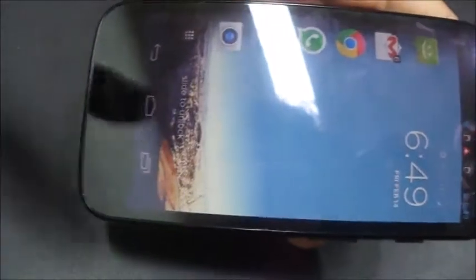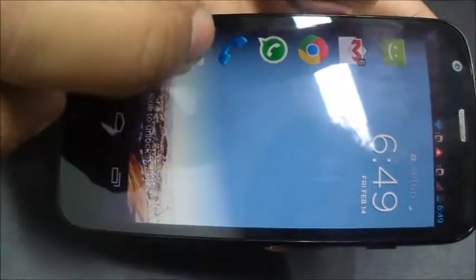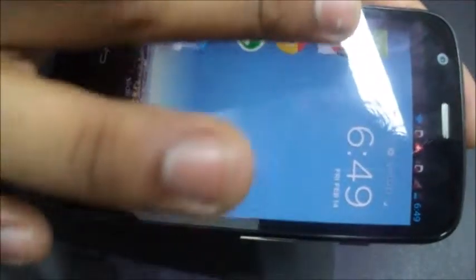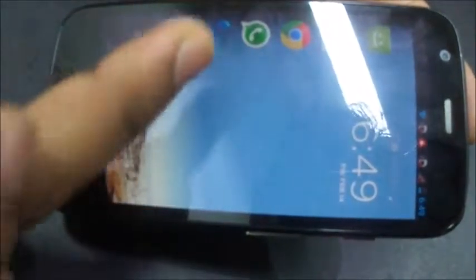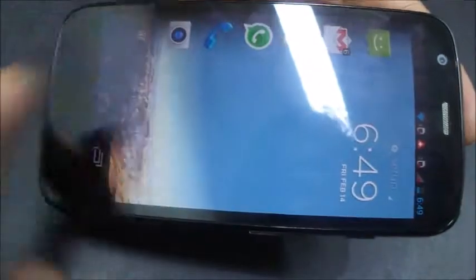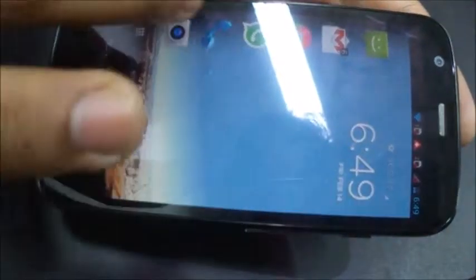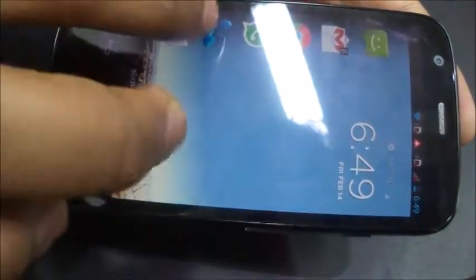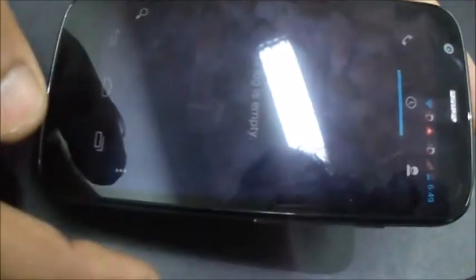Take me there. So this is how the lock screen looks. Now the cover app is installed, it shows the kind of apps which I have used the most. Shows messaging, it shows Gmail, Google Chrome, WhatsApp, the calling function and the camera button. So whatever app I want to use, I'll just tap on it and I'll scroll it down and you can see the phone screen is up.